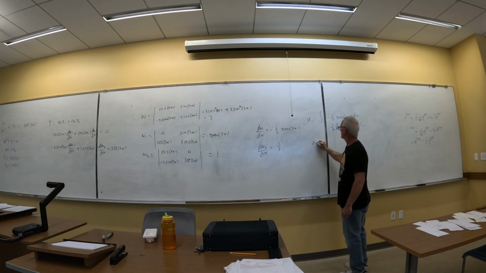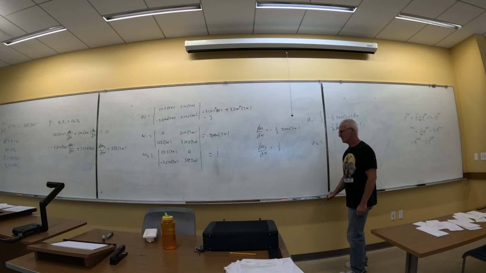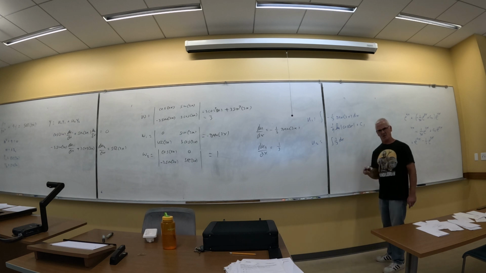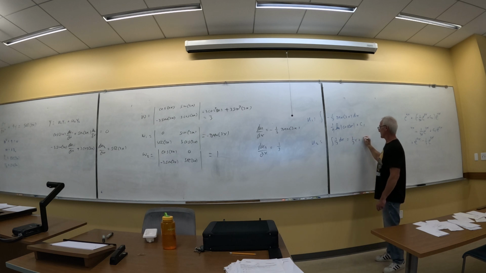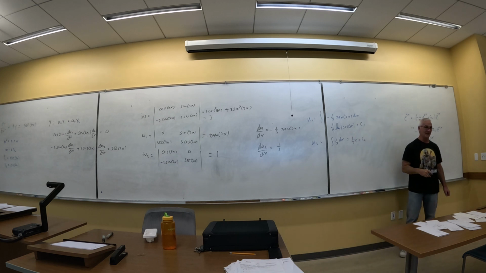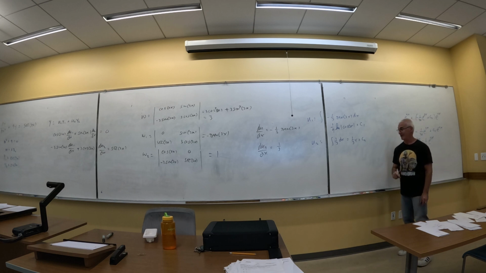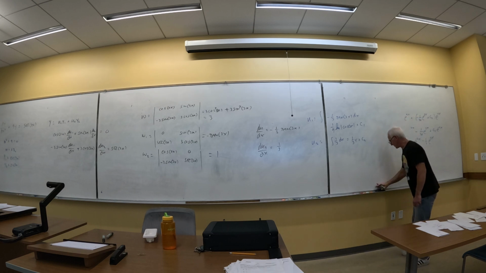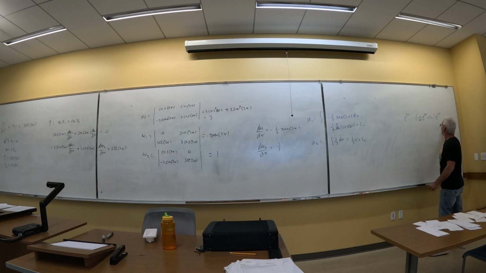U2, what's U2? 1/3 dx? So is that just 0? No, it's 1/3 x. Yeah, believe it or not, sometimes we forget we take the derivative instead of the antiderivative. That would be wrong. Okay, so my final answer, when all is said and done and I get to multiply everything out,